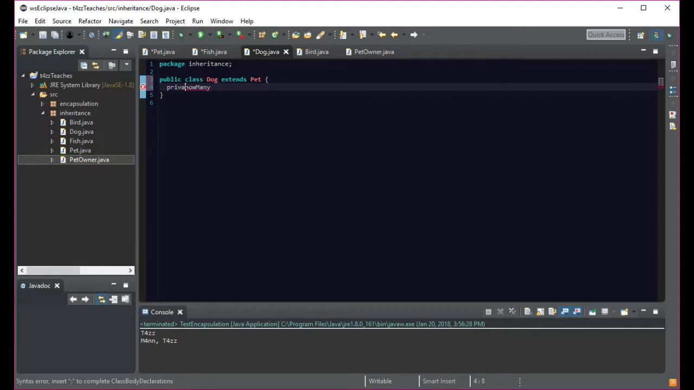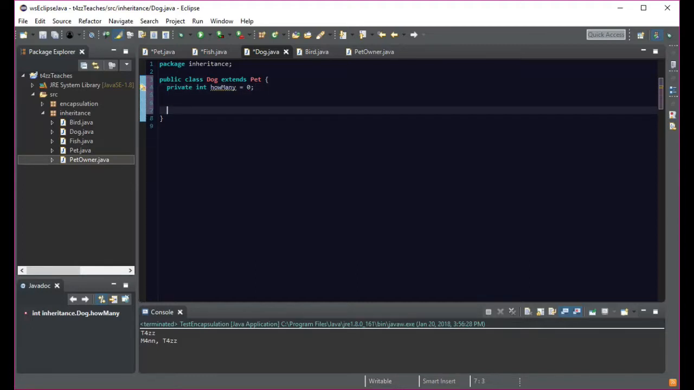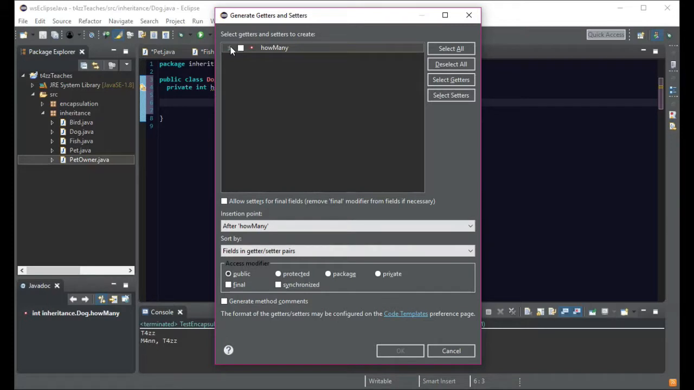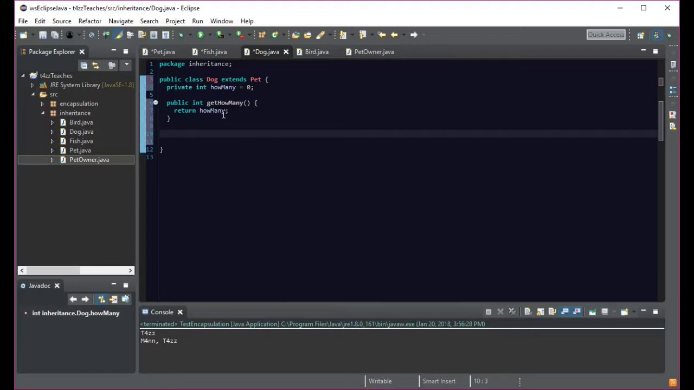So let's do private, and it is an integer. And to begin with, our dog doesn't have any sticks. So let's say 0. Okay, and then we will want to be able to get this variable. So let's go ahead and set a getter. Getters and setters, how many, and we only want to be able to get it. Now, this is how many sticks they brought us in total in their lifetime. So it's going to start with 0, and every time we tell it to go fetch, it's going to